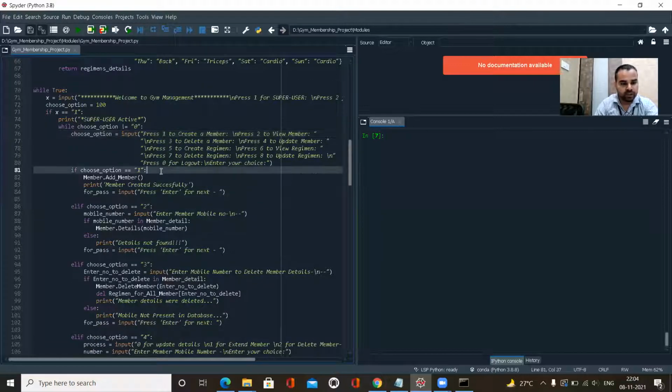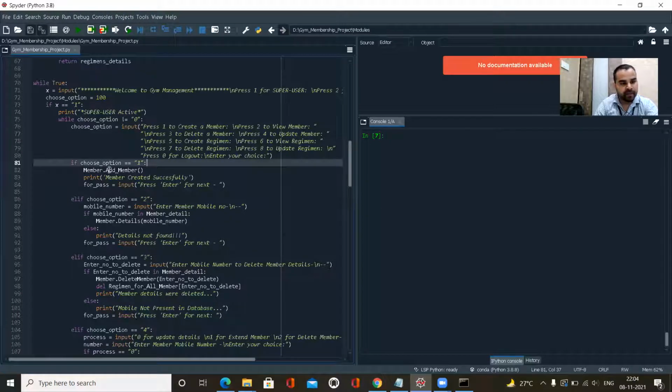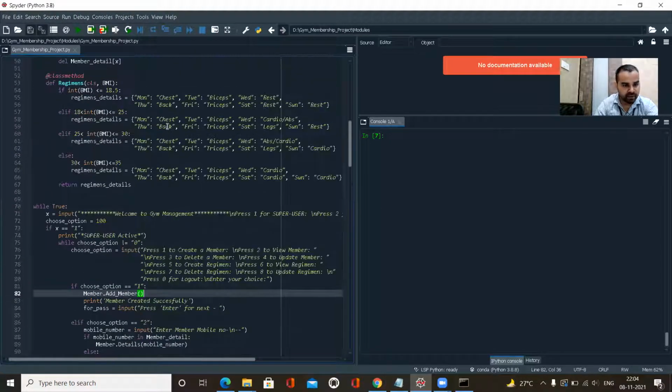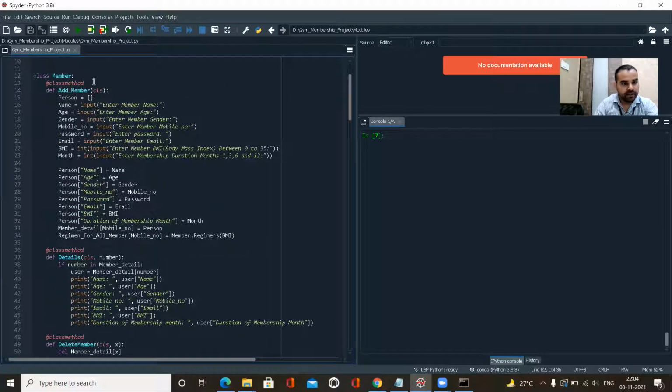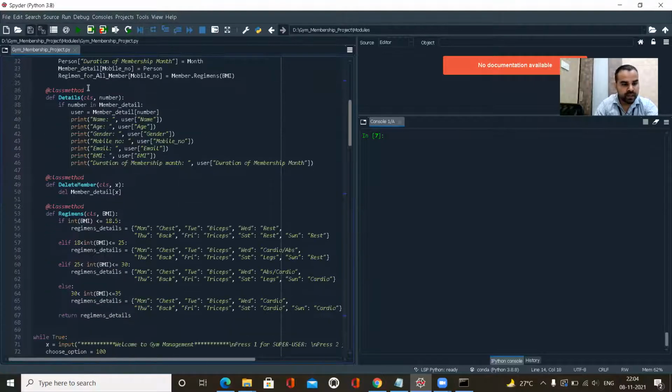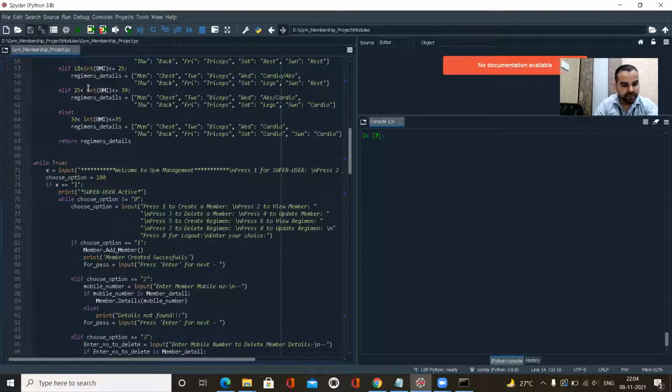If the user chooses 1, then 1 is for creating a member. So I'm writing member dot add member. Here I'm adding my members. I have already written a function here. With the class, I've taken all the inputs to add a member. So the same thing I'm implementing here.